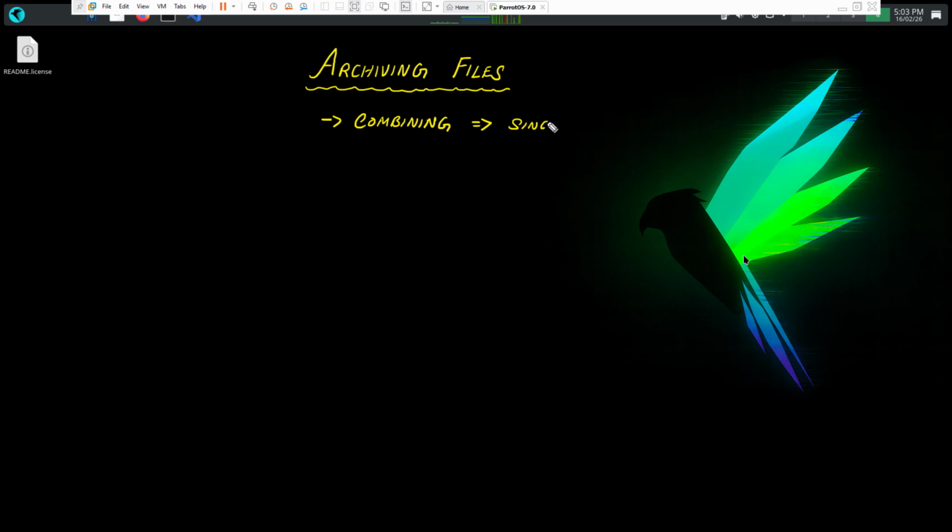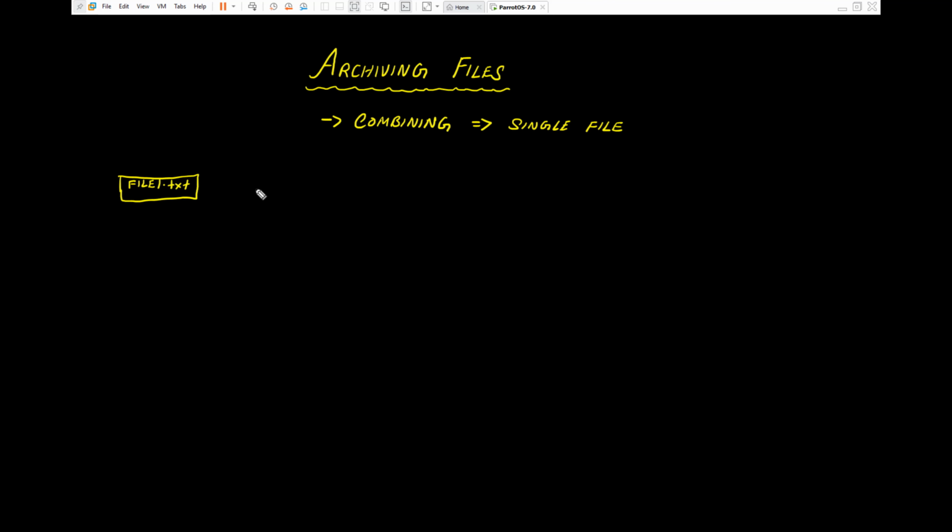into a single file. Let's say you have got a file named file1.txt, and then you have got another file, let's say, file2.txt, and then let's say you've got a folder or directory, and within that folder maybe you can have file3.txt and then